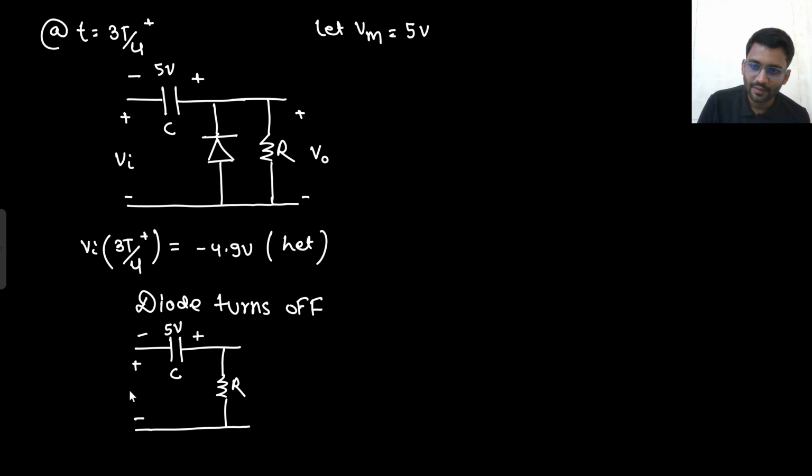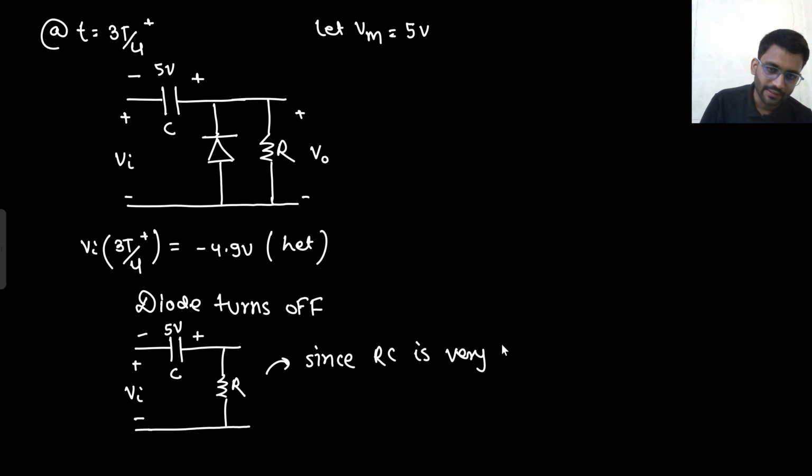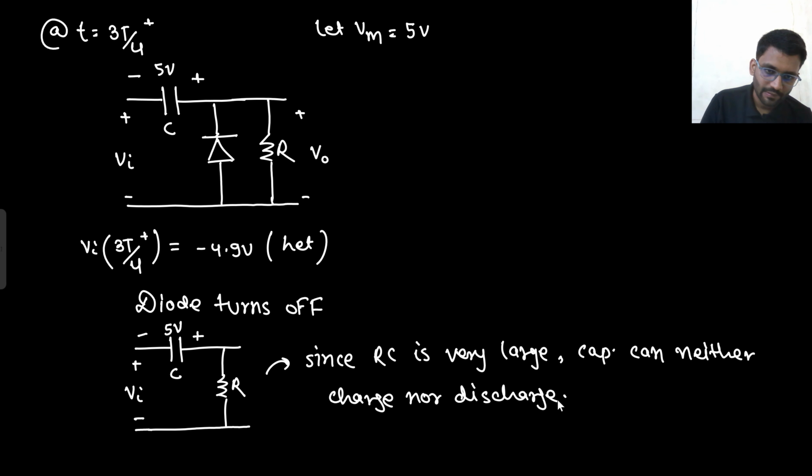This will be the circuit. And what is one thing? Since RC value is very large, the capacitor can neither charge nor discharge, right? And to turn on the diode,